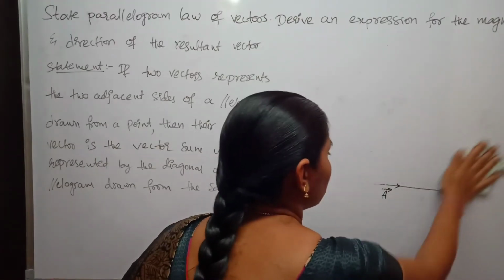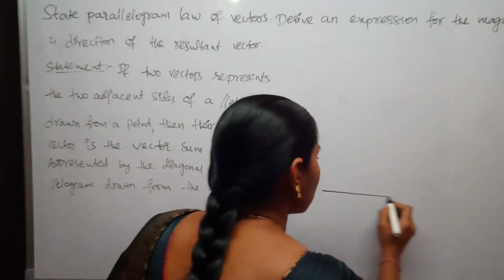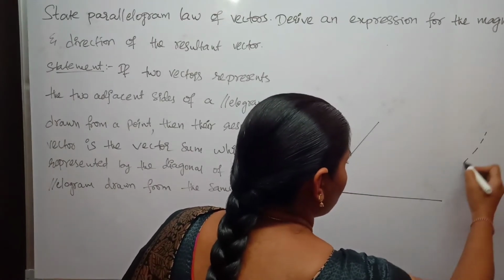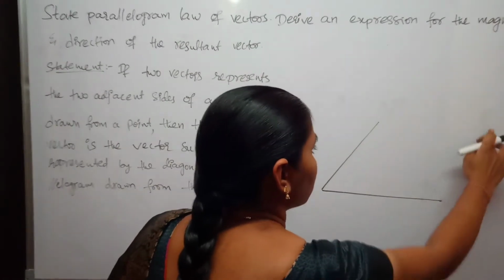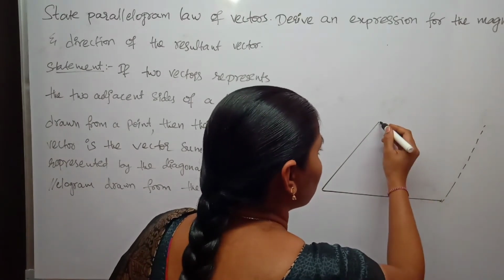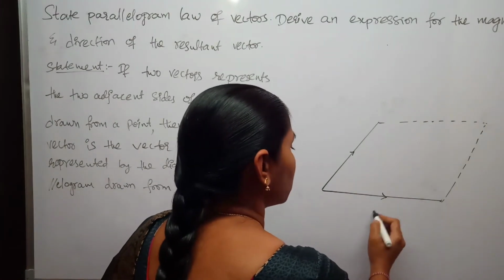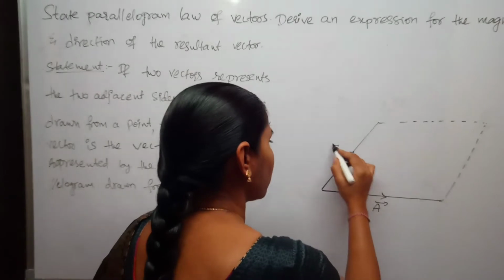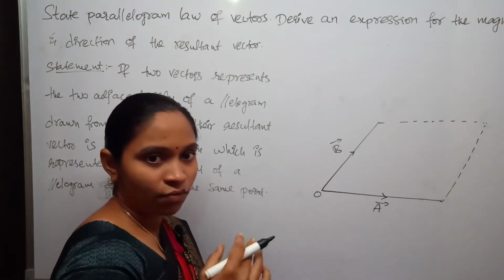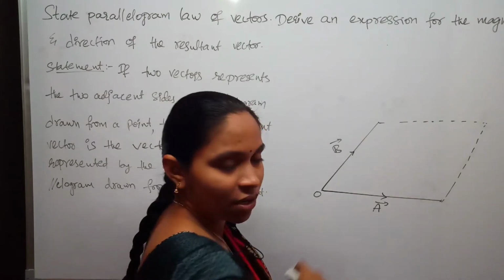this image, the shape of this image is a parallelogram. I will draw neatly. I am taking a parallel line to the B vector and a parallel line to the A vector. The shape of the image is a parallelogram. Okay, this is the shape of the parallelogram, and for a parallelogram the two opposite sides